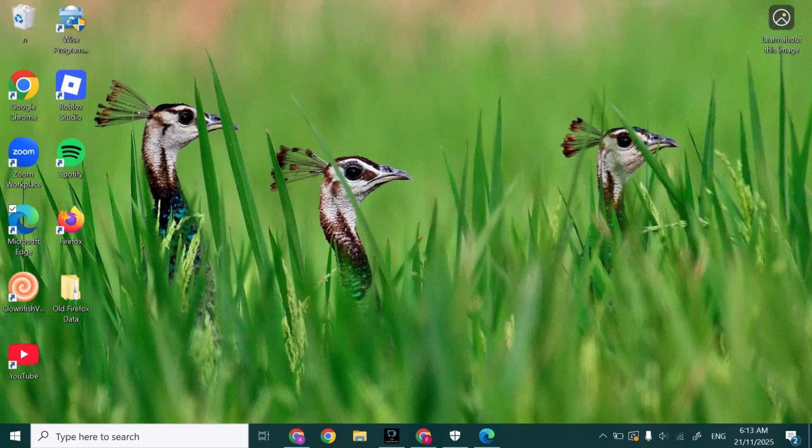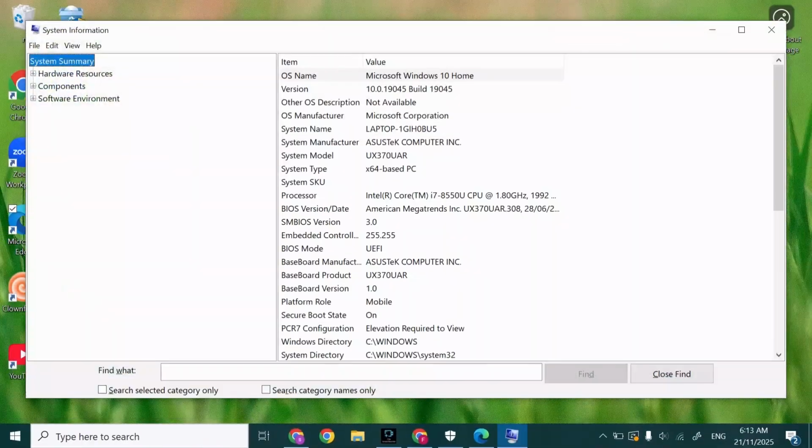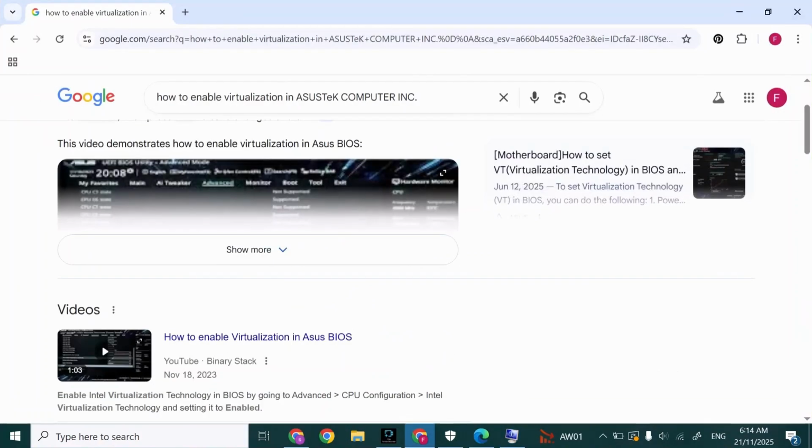So, now, what you can do is click on Windows R on your keyboard. It will open Run, and here type in msinfo32 and then press Enter. Here, you'll find baseboard manufacturer. Simply copy this. After you do this, open a new tab and search how to enable virtualization in